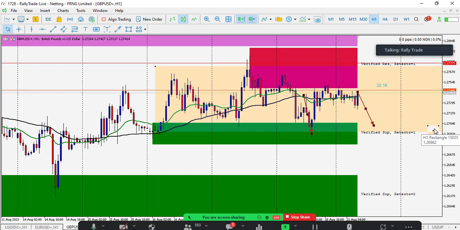But if the price does not fall towards that area, then you can wish to sell. A sell limit will be good at the top here. So a sell limit up here. You can see this market has been ranging for days, from Wednesday, Thursday, Friday. So there's a possibility that the range can continue for today. That's how you trade what you see on the chart. Remember, you always have a stop loss to always protect your trade. It's best to take what you see on the chart.